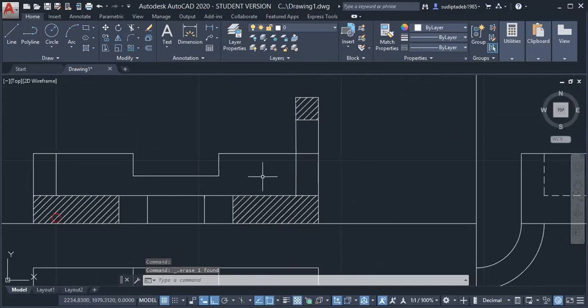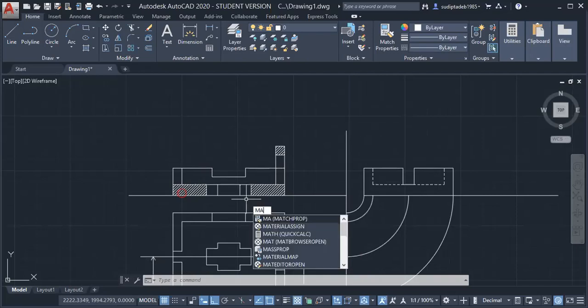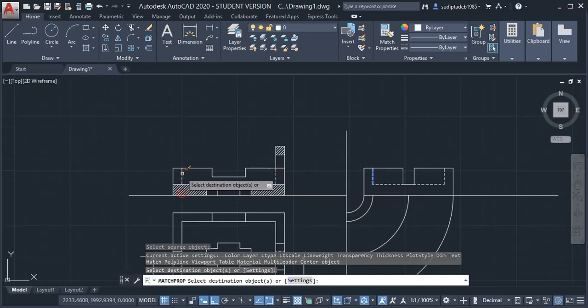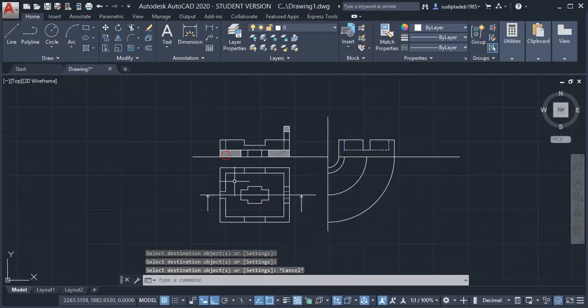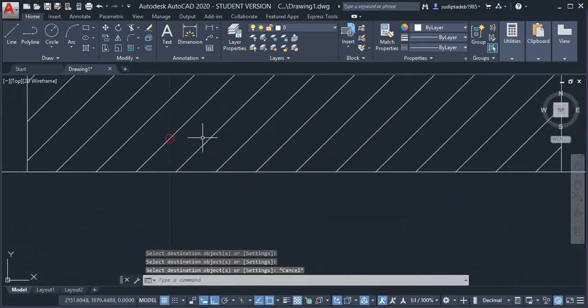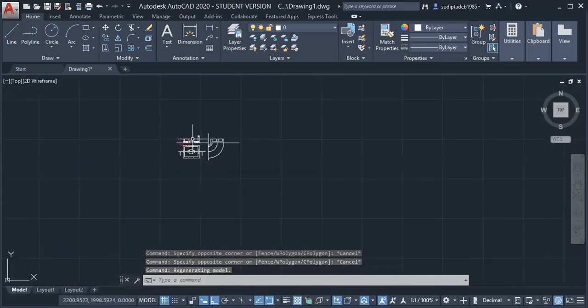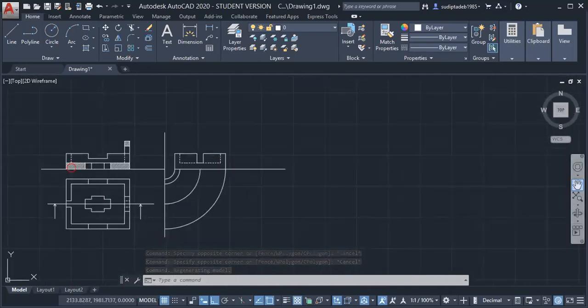Now these two lines are also hidden, so match properties command, MA, enter. This line and this line are also hidden. That is the mistake we made here. Okay. Now what we'll do,